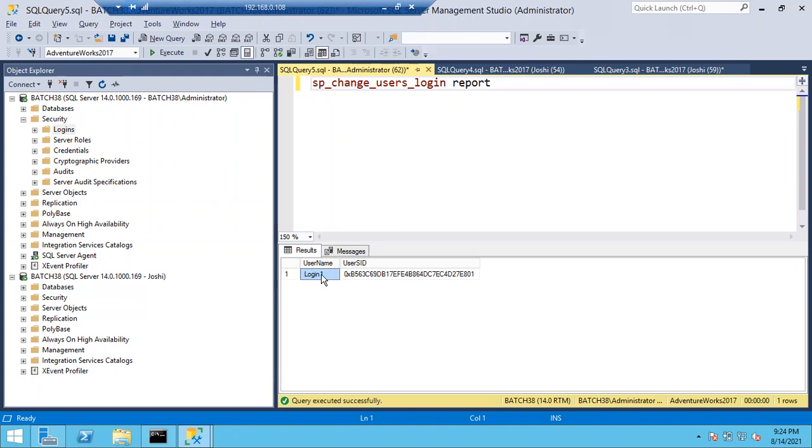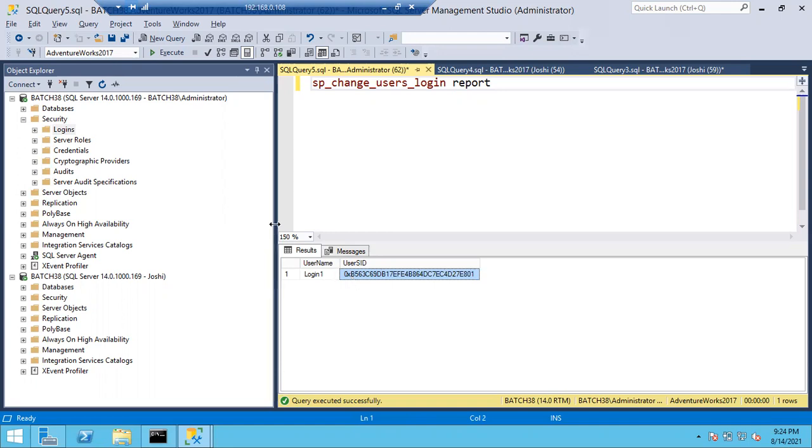What is the concept behind this? The concept is SID, security identifier. Both the login and the user have the same SID, guys.